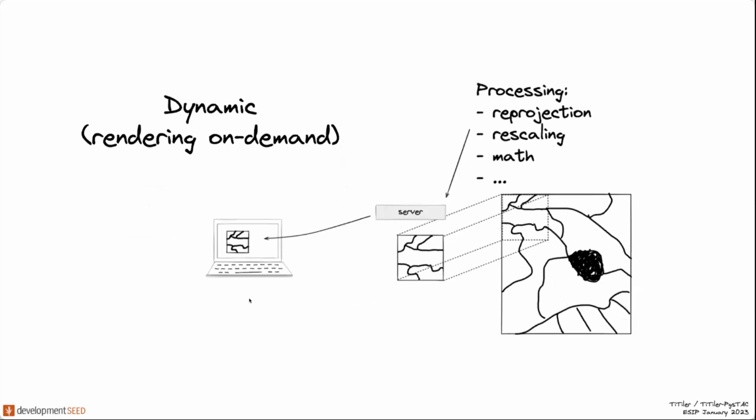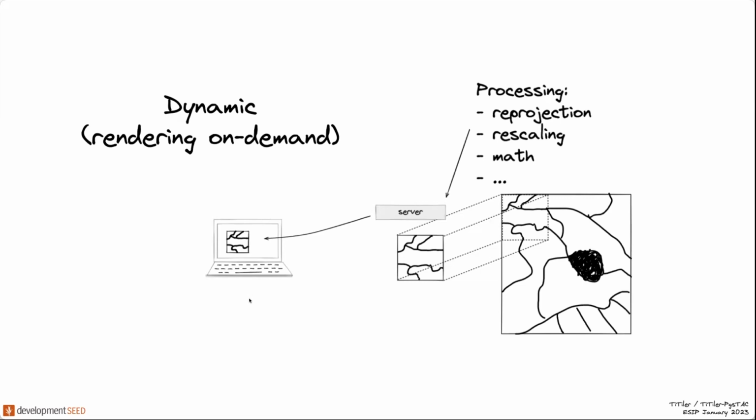And with dynamic, you only keep the raster data as a cloud optimized dataset stored somewhere on the cloud, and you put a tool like Ttyra in between the map client and the raster dataset. Every time the client asks Ttyra, hey, give me a map tile of this region, Ttyra will fetch the part of the data it needs to create the tiles and apply reprojection, rescaling, math processing, or whatever you want. You can tell Ttyra to do different band combinations. If your raster dataset has more than 3 bands, you can also change the bands if you want. You can apply math processing, like band combination,